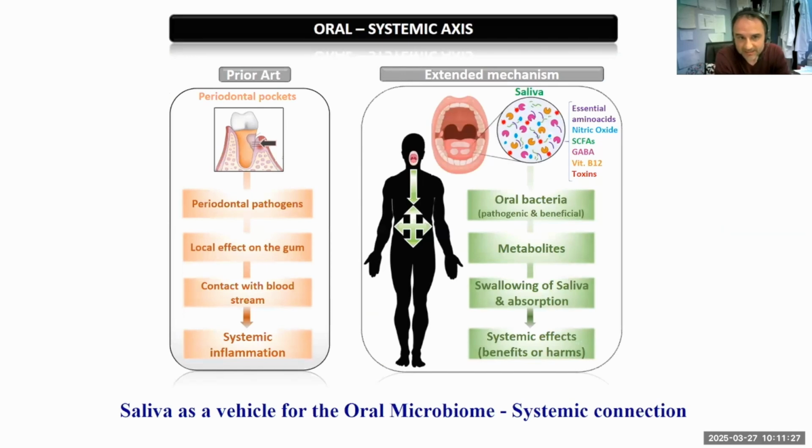So I think this is my final slide. I just want to say that in the past, the link between oral health and systemic health was mainly focused on periodontal pathogens, creating a systemic inflammation state. But now we have this extended view by which oral bacteria are not only important when you have disease, but also under healthy conditions, we see that good, healthy oral bacteria are